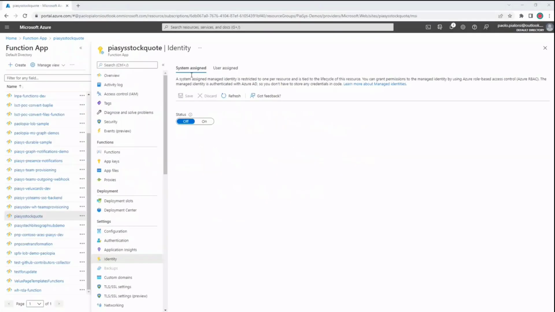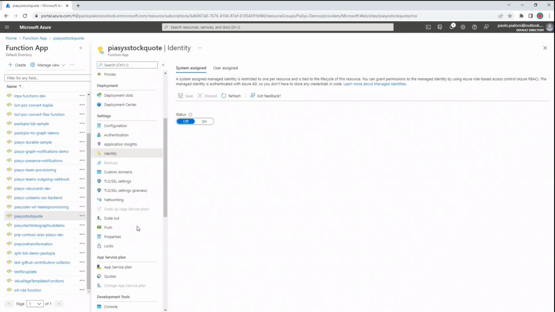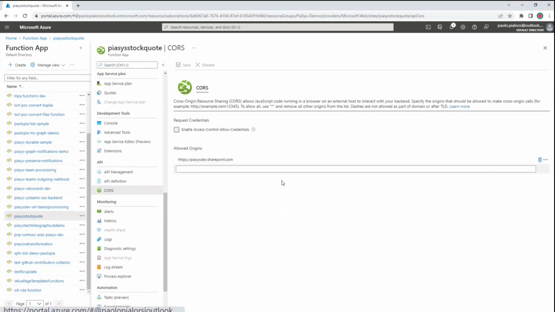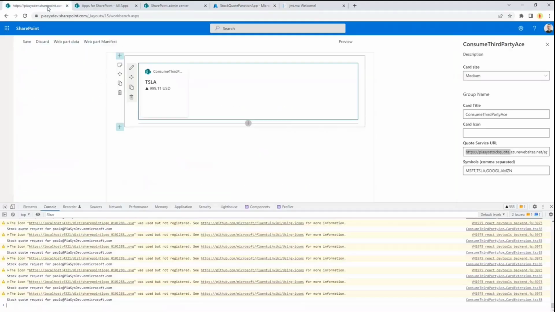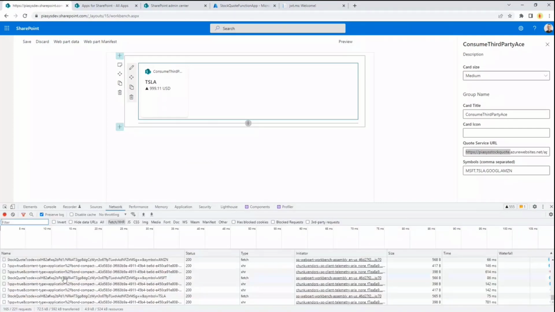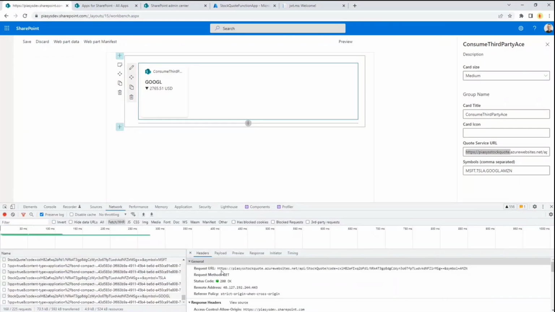I also configured, in the Azure function, that I will be able to talk with the SharePoint tenant that will consume my API. So in the course settings, I configured my function to work with the consumer under this tenant.sharepoint.com. And as such, my Azure function will be accessible by the SharePoint Framework component that I defined. And in fact, if I go back here where I consume the API and I click on network, we can see that we have all of the requests for the backend API.